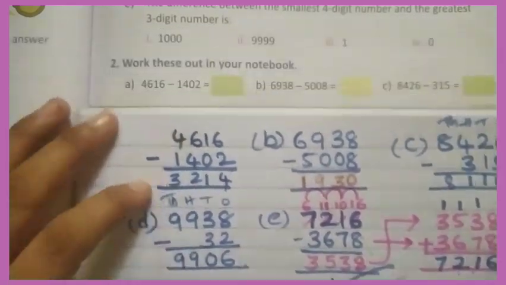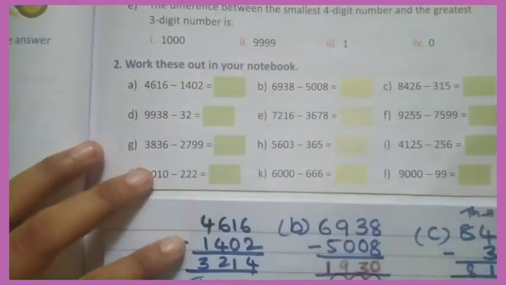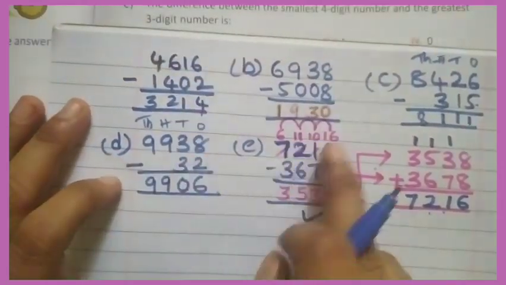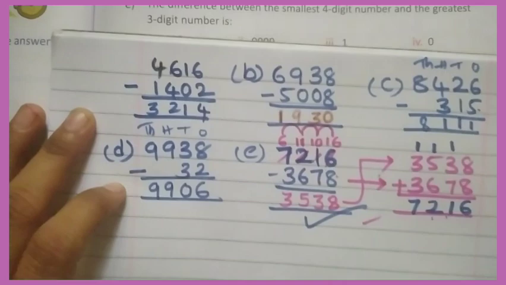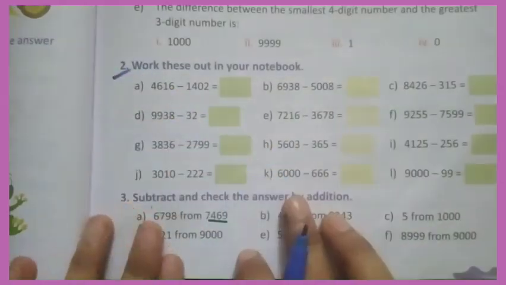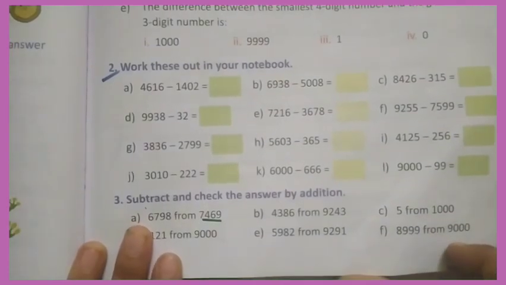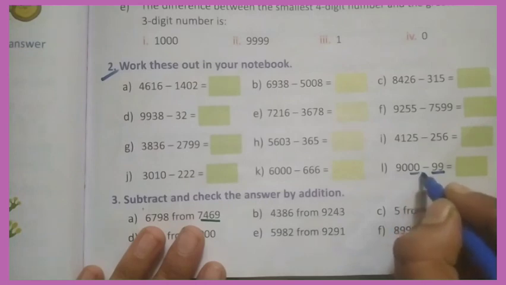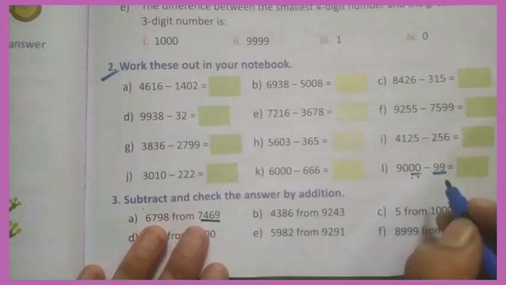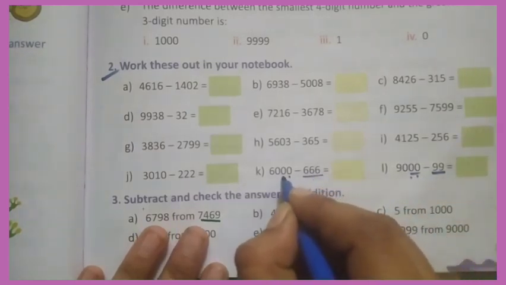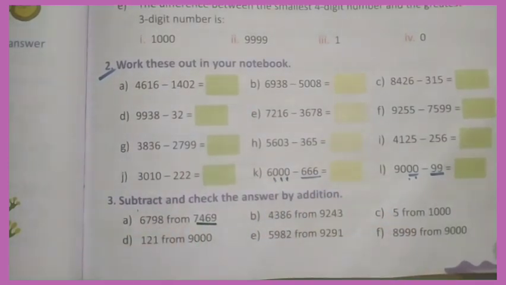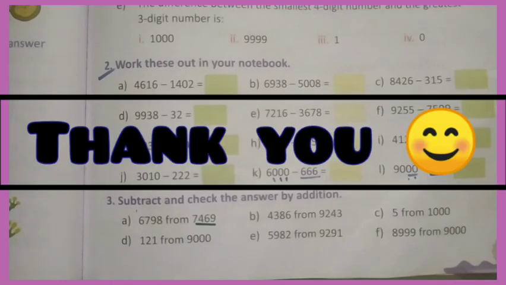Okay. Do these subtractions and check the answer by addition. Do these all, for all these problems, check the answer by addition. Okay. Do this total bit. This is your homework. Okay. While you are writing 2-digit numbers, be careful. You have to write in ones and tens place only. For 3-digit numbers, ones, tens, hundreds. Okay, under this you have to write. Write carefully and neatly. Thank you.